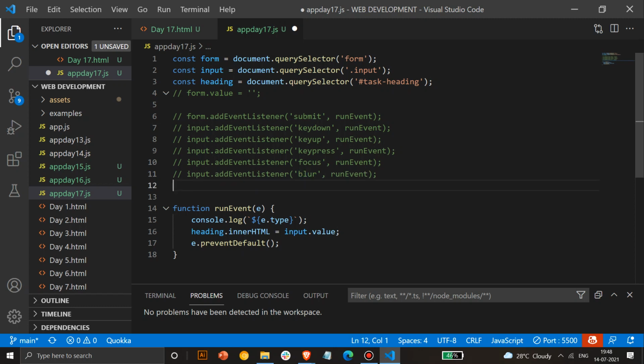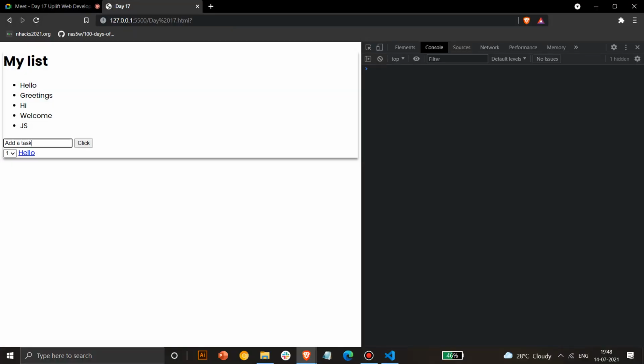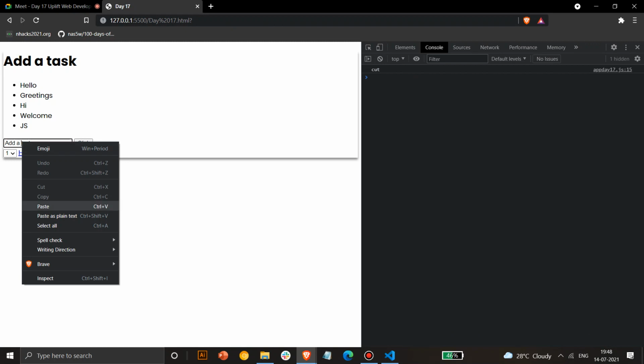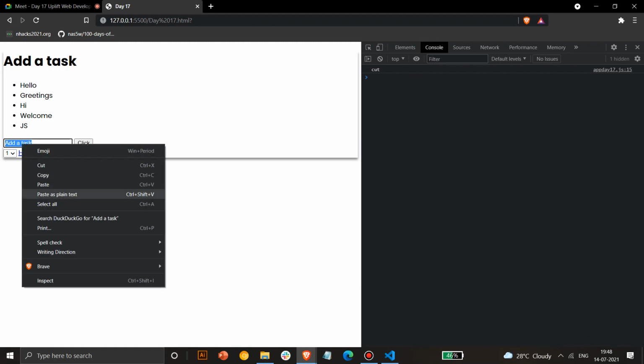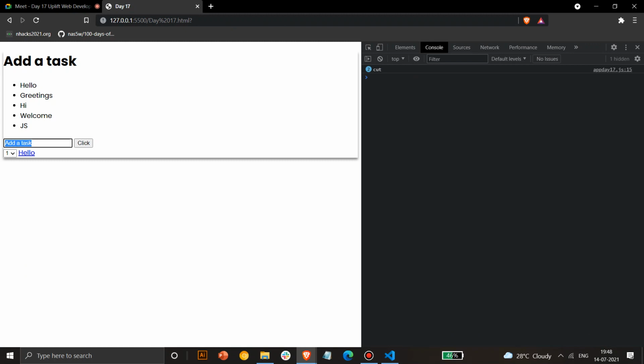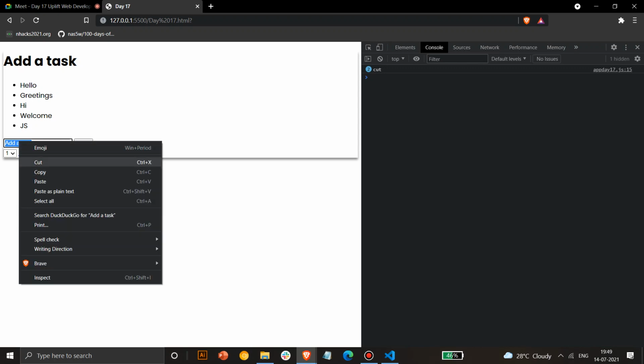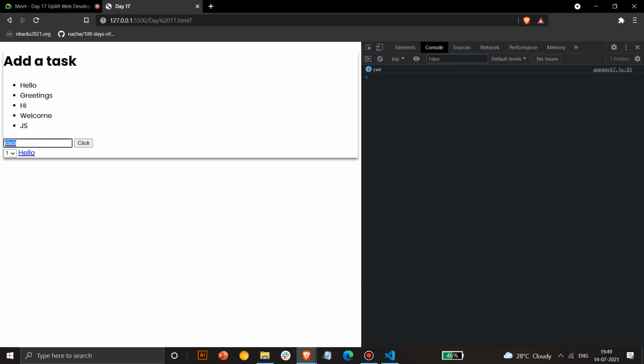Then moving on, we also have another kind of function, that's cut. By the name you might know now. So how does cut work? If you cut an input from here, if I press Ctrl X, it will work. If I cut like this also, it will work. Same thing. And if I copy, it won't work. It works only when you cut a particular element. If I write something here and press cut, it will work. So this cut function is fired like this.